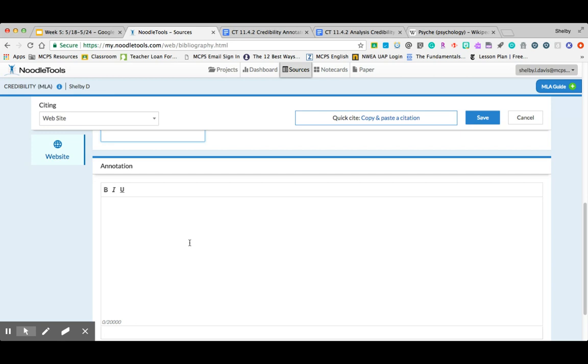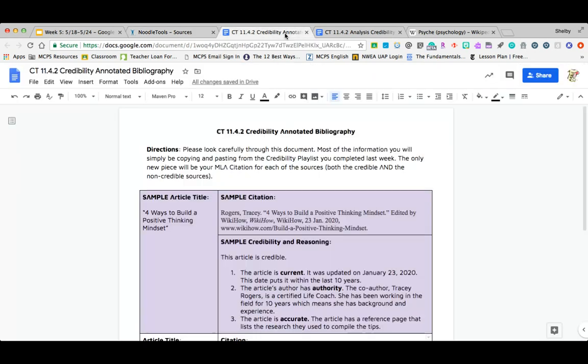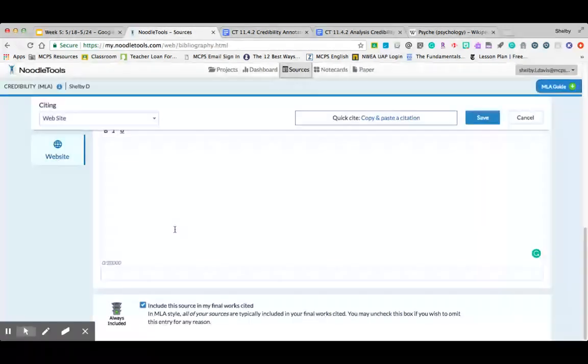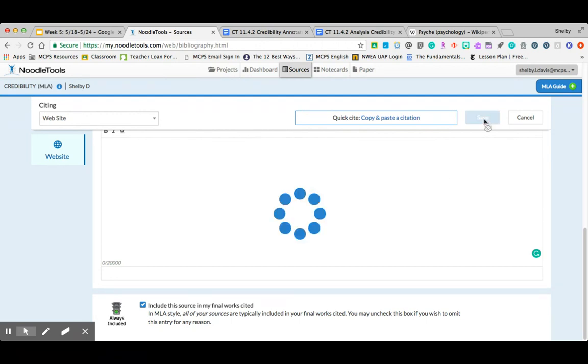And then down here is where we would put our annotation. So sometimes we did a summary version. This time we did a credibility annotation with reasons why. But we actually don't need to put anything in this annotation slot, because the assignment for this week is just asking for you to put it in one box here, right? So you'll put your article title, you'll put in your citation, and then you'll copy and paste over your reasoning. So let's go ahead and take a look at what that looks like filling in now that we have this. So I can go ahead and save it,